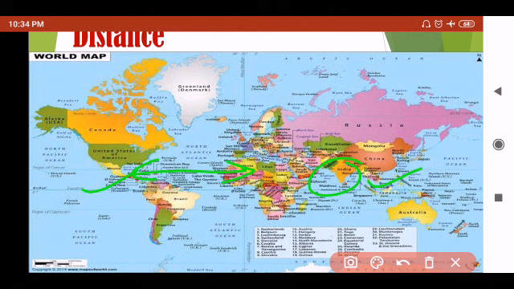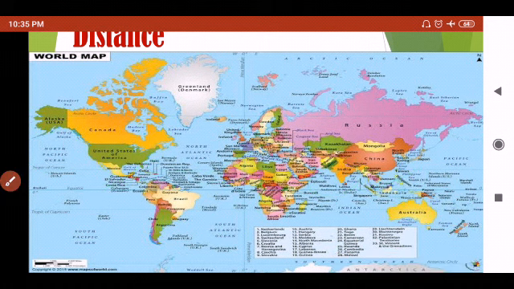Okay. So on the ground, in reality, as much distance as they have is shown here, but it was shown in the form of a scale. Means it was shown to us in a reduced form. Now we will study what a scale is.